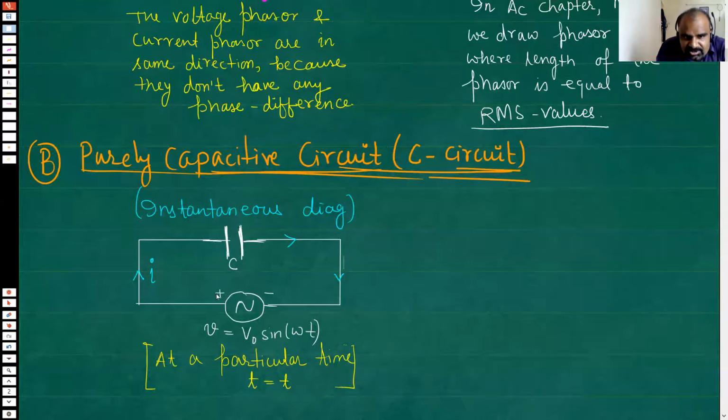At this time, suppose this was the positive terminal and this was the negative terminal. Suppose this was the voltage, whose value is this. Here, in place of t, put t, because you have taken this snapshot at t equal to t. Okay, now let the charge on the capacitor be Q. You know, a capacitor holds charge. So at this moment, the charge on the capacitor is Q, then obviously this will be minus Q.